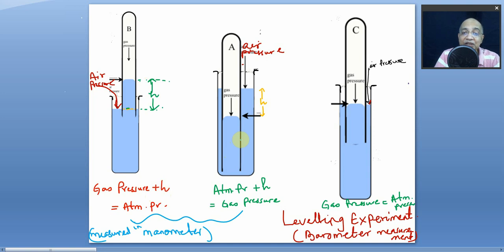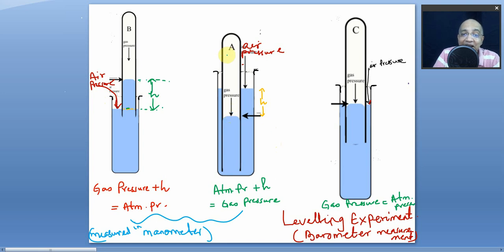Now in this case you find the level of water in the tube is lower than that in the outer jacket. This is the outer tube and this is the inner tube where the gas is enclosed. Gas cannot leak out because there is water. It's not soluble in water. We are not taking any soluble gases, only insoluble gases like hydrogen, for example, right?